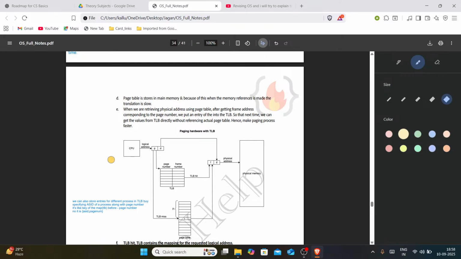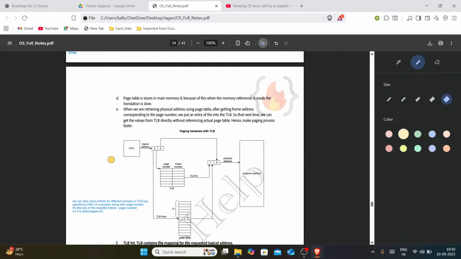Hence, this makes the paging process faster. If the degree of multi-programming increases,